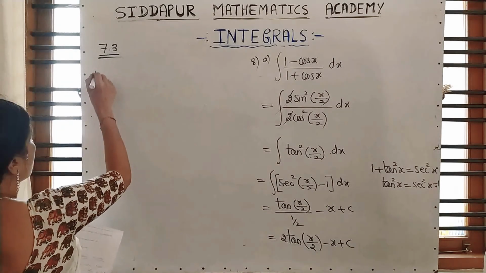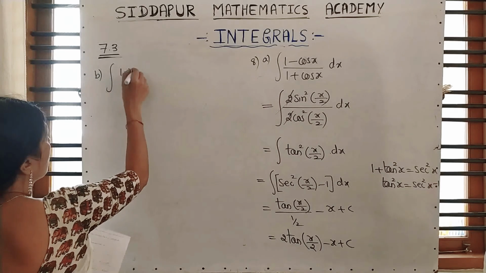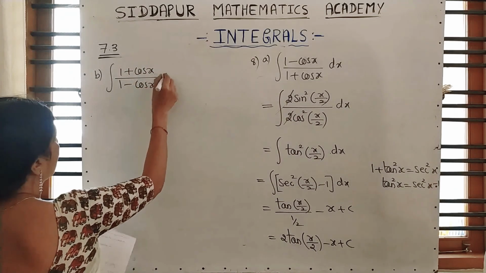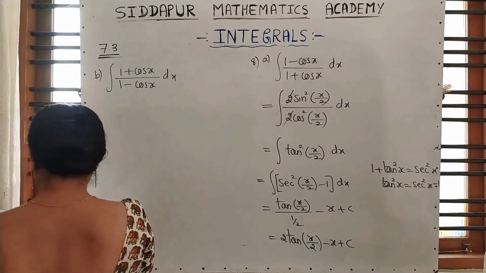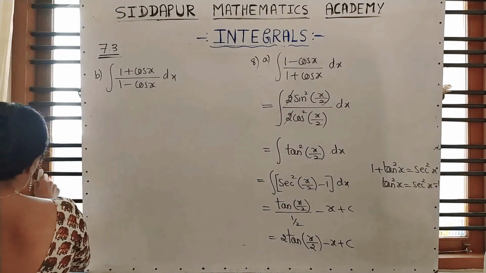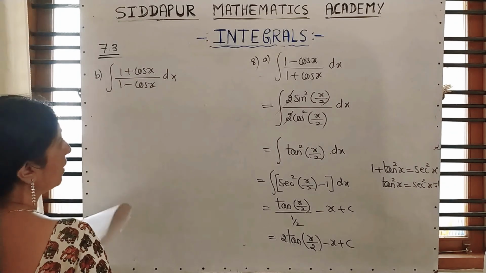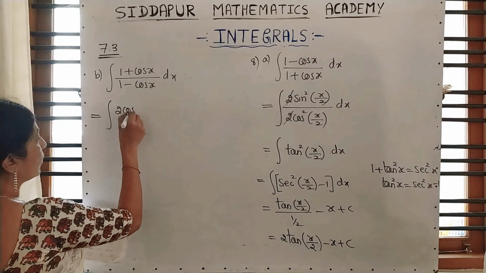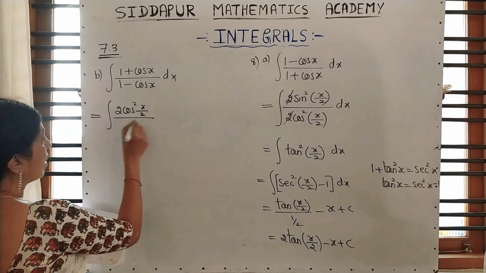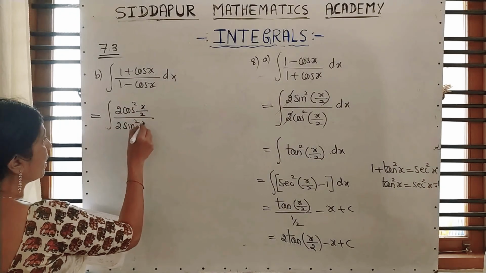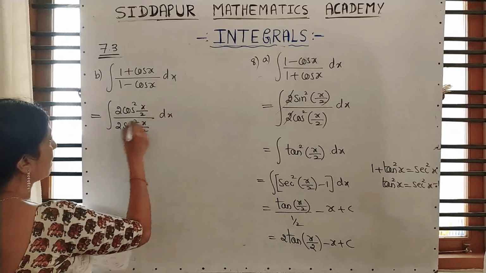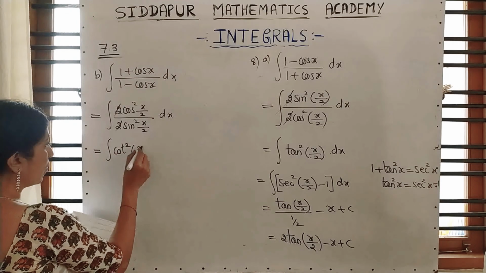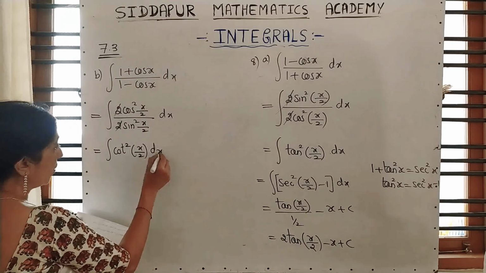B, 1 plus cos x upon 1 minus cos x. It is exactly opposite of the previous. Just write down again using multiples and submultiples only. 1 plus cos x is 2 cos square x by 2 upon 2 sin square x by 2. 2 gets cancelled. Cos square by sin square is cot square x by 2, and we are not familiar with